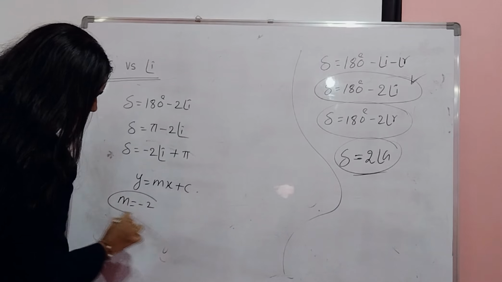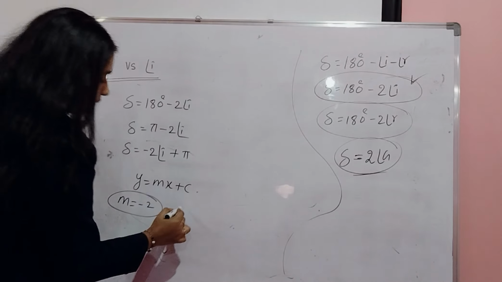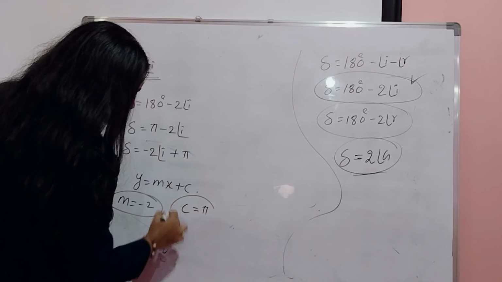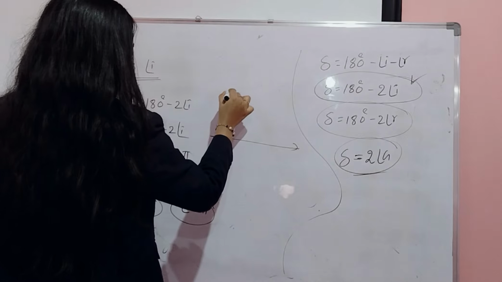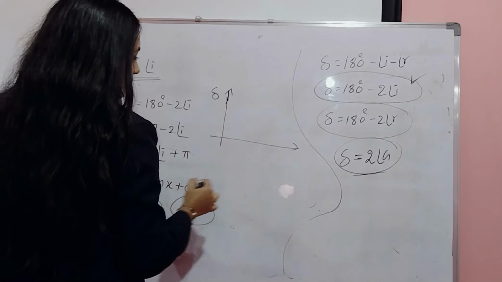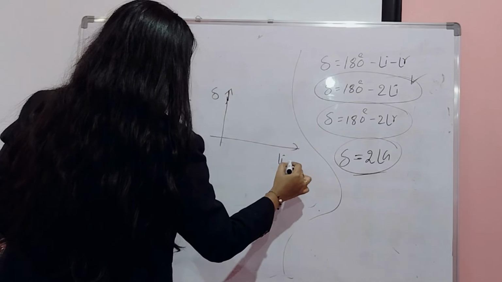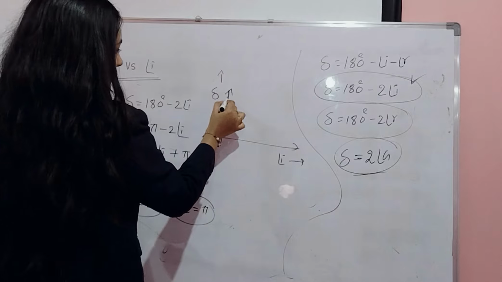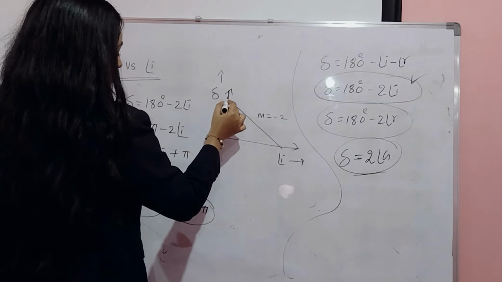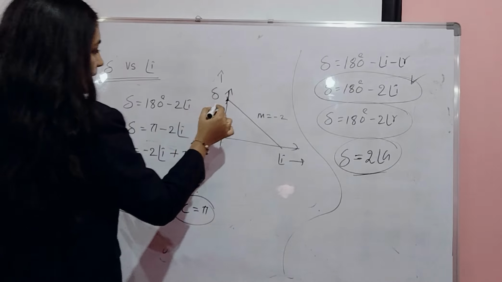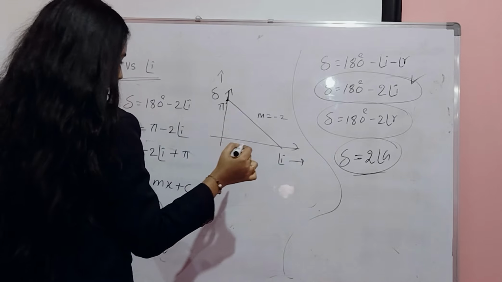Minus 2. It is having negative slope, and the y-intercept is pi. Is it clear? So the graph will be, I am taking delta along the y-axis and angle of incidence along the x-axis. So it is having a negative slope of minus 2. So the maximum angle of deviation is